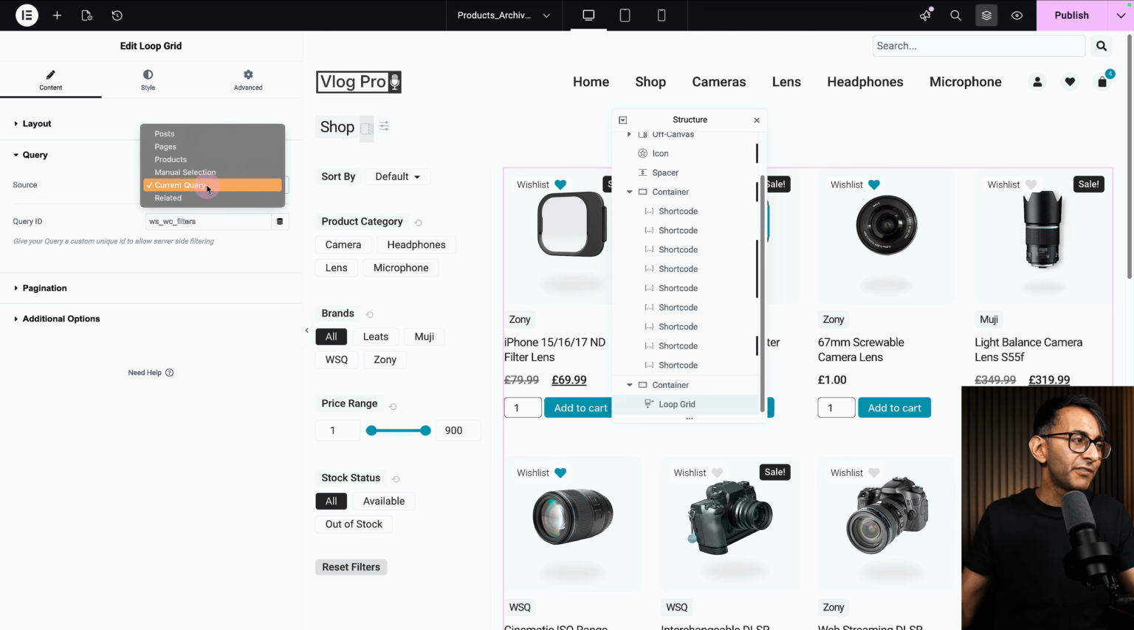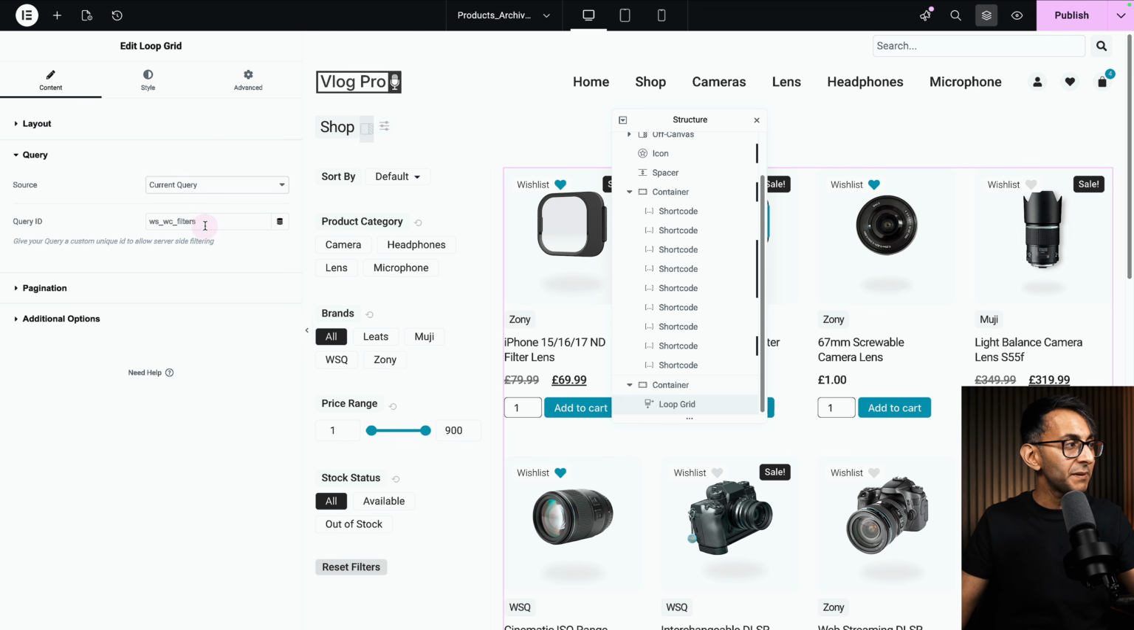I would say go for current query if you are going to have filters that pass through. So over here, you may click on a brand and it goes to a brand page, or you may have a link somewhere that goes to the headphone category page. Then you want to go for current query if you're just going to have one product archive template without multiple templates. If, however, you're not going to do that, just go and click products, but current query works quite well. But the important bit is the query ID. You must add in WS_WC_filters. If you want to change that, go and find every instance of that in the code snippet and modify it. But keep it simple,